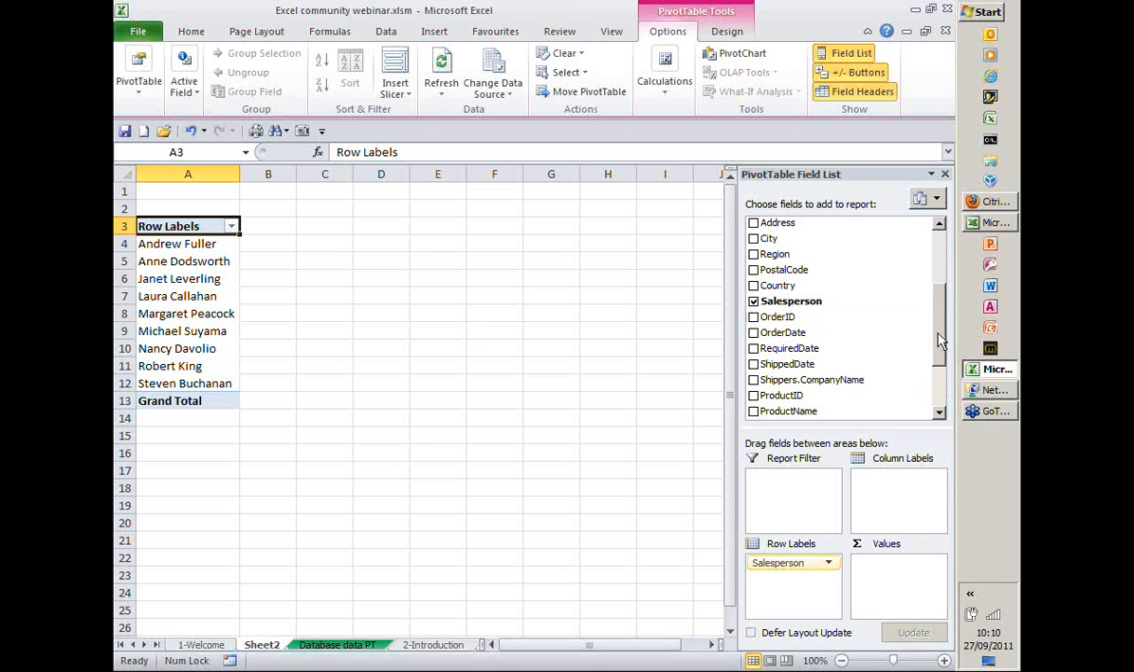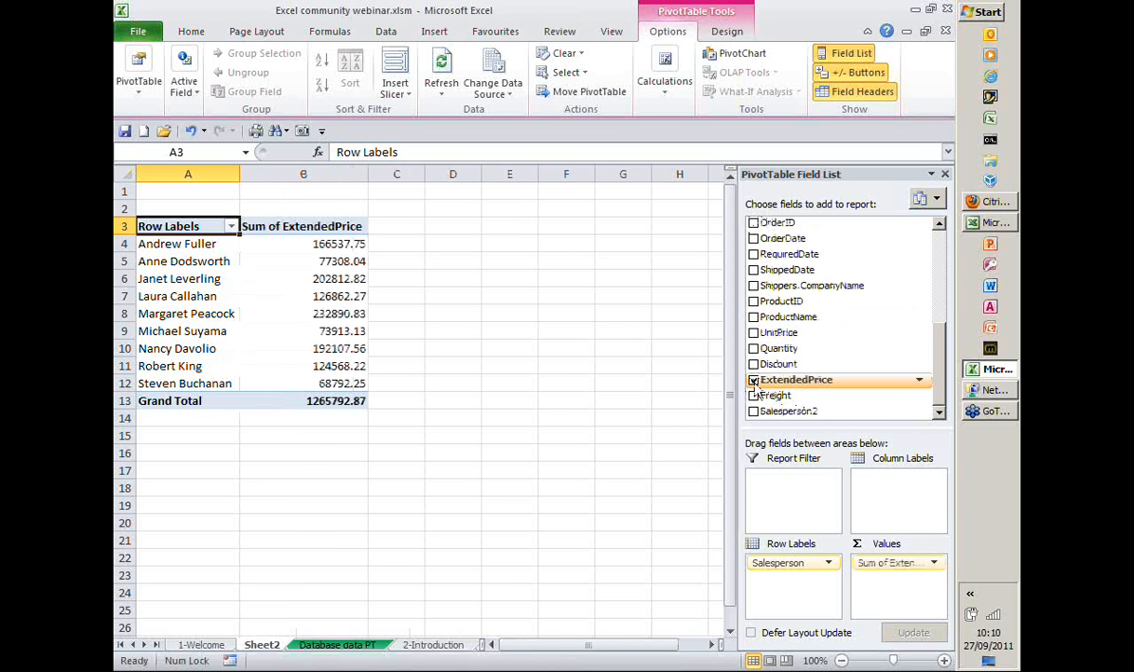We want to know how much they've sold, so we'll go down to the extended price and select that. And that is a value, so Excel automatically sticks it in the values area. So now, just with those, I've lost count, but however many clicks we're up to, we've now summarized our 2,000-odd lines